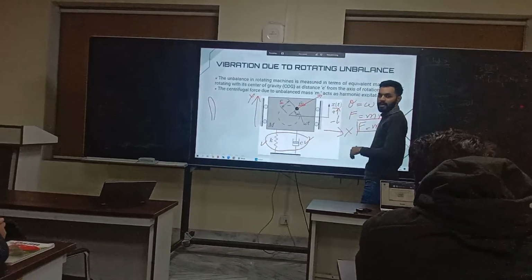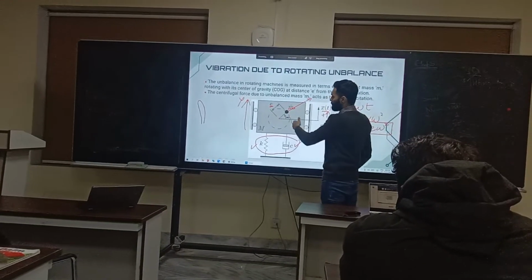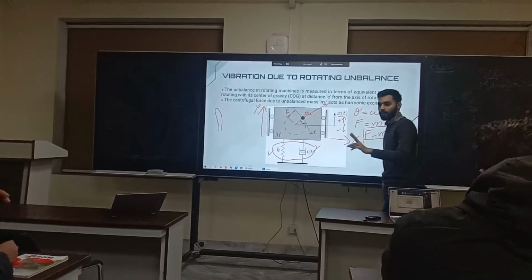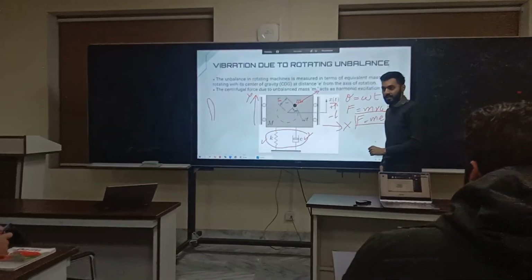when the mass m naught has rotated to the theta direction, there would be two components of this centrifugal